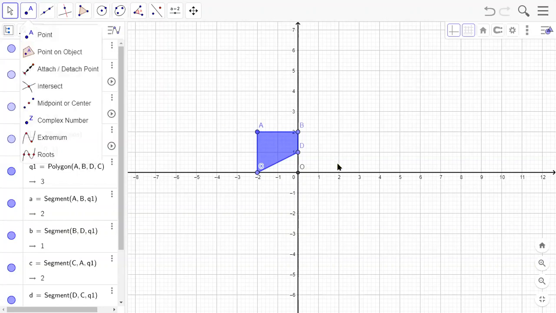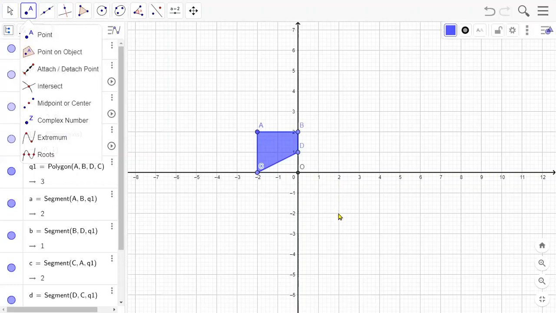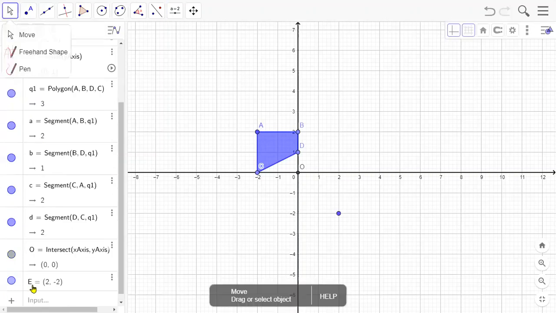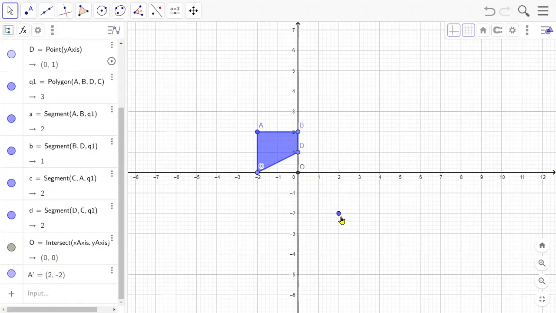Okay, if we mark the point 2, -2, we have to first go 2 units right, and then -2 means we have to go down 2 units. Okay, and this is the point. And what will be the name of this point? A dash. Very good. It is A dash because it is the image point of the vertex A. So we have to give its name as A dash. Similarly, let's find out the next points: B dash, C dash, and D dash.